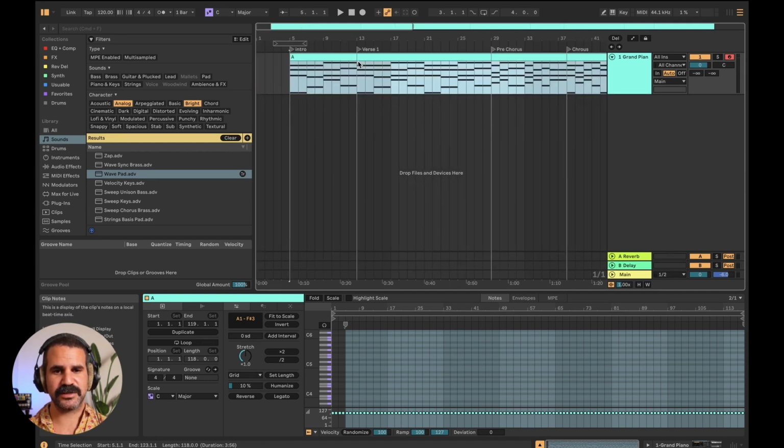For example, I see that the verse starts here. I can also press on the small triangle here and then it will start playing from the locator. If I want to jump to the pre-chorus